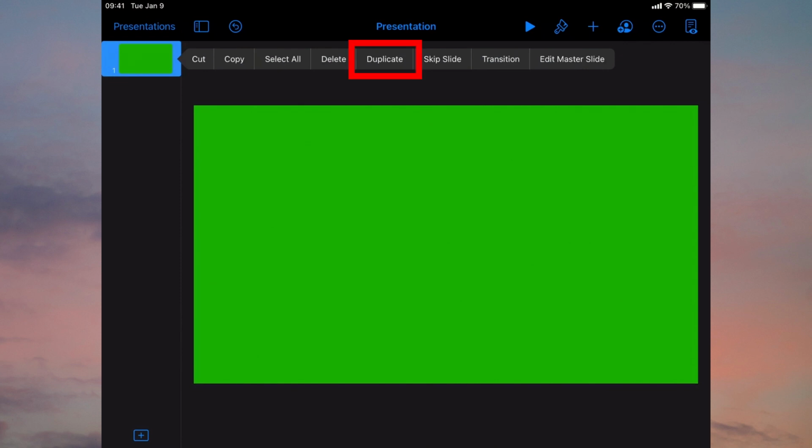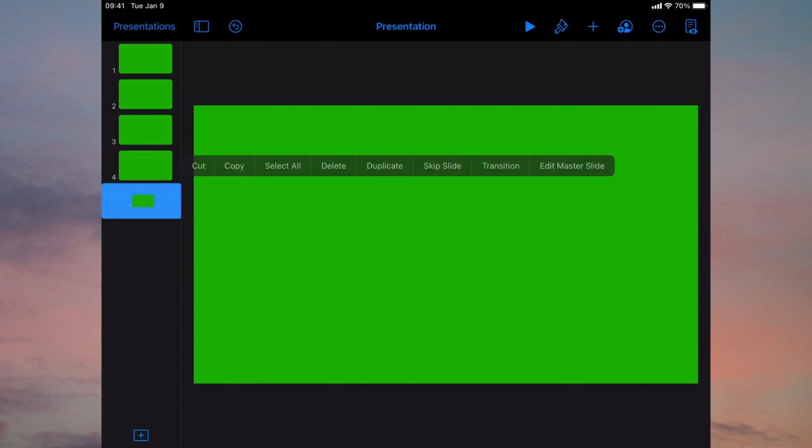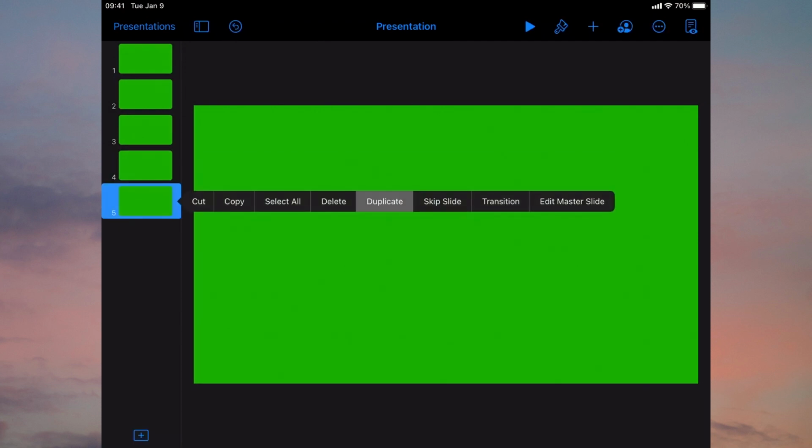We are currently in editing mode, so we could draw or paint on this screen, but we essentially right now want to keep this blank. So one of the things I'd like you to do is put your finger, this is all done with your finger, press and hold on the green icon at the top left of the screen. That allows you to do many things like cut, copy, etc. But what I'd like you to do is duplicate. Hit the duplicate button, because what we're actually going to do is make several copies of this same slide. I recommend that you maybe make even up to 10. I'm going to make 7 or 8 at least.